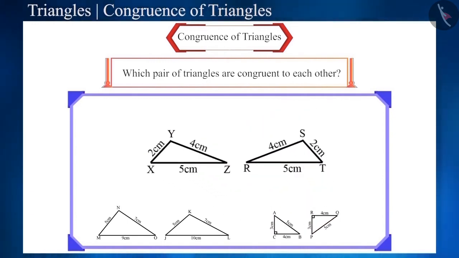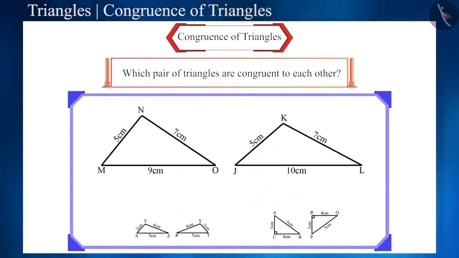What do you think looking at the second pair? Yes, these are also congruent triangles. These look like a mirror image of each other. Now notice the last pair. These triangles are not congruent to each other because the sides of these two triangles are not equal to each